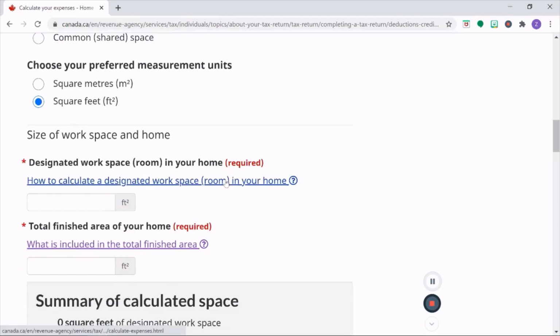Enter the size of workspace and home. If you're not sure how to calculate the size, you can click on the question mark.